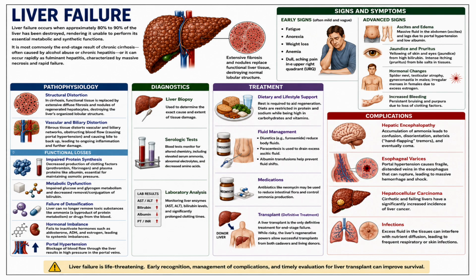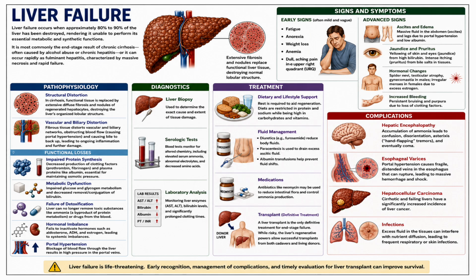So let's talk about liver failure. When does this happen? This happens when approximately 80 to 90% of the liver has been destroyed. This basically leaves the organ unable to perform its essential metabolic and synthetic functions. It most commonly develops as the end stage of chronic cirrhosis, now often caused by alcohol abuse or chronic hepatitis. It can also occur rapidly in fulminant hepatitis because that can lead to massive liver necrosis, destroying all the tissue